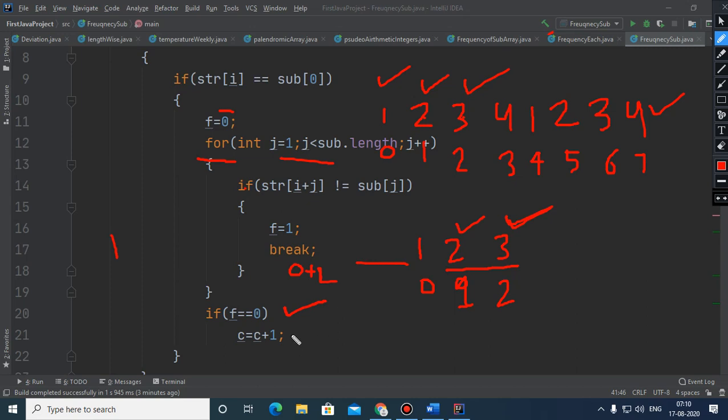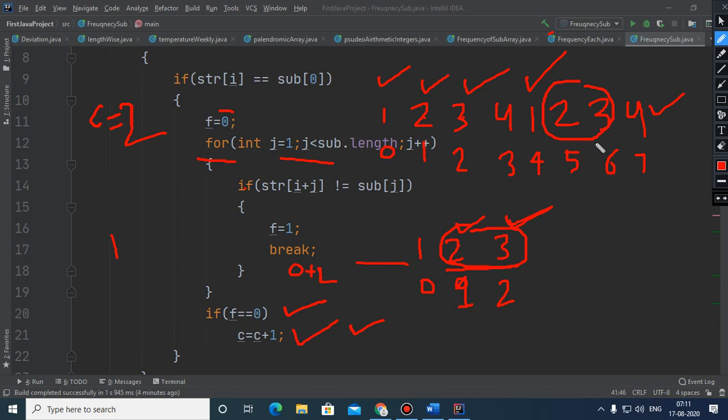And now we will count one time, because one time we have got that subarray within the original. After that, another possibility we got here, the same process will get repeated and these two elements also will get matched with these two, resulting in another count here. And now the count becomes 2.